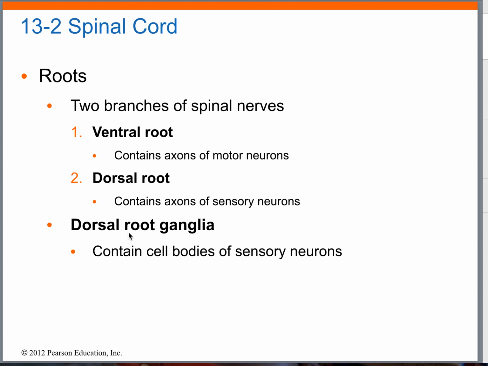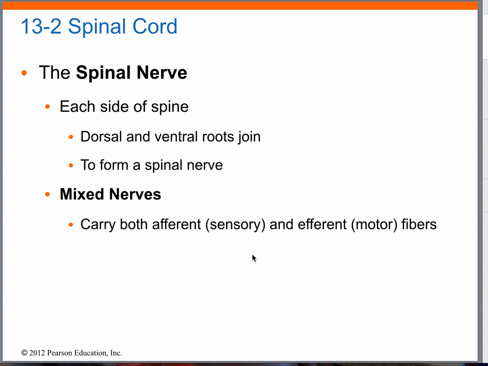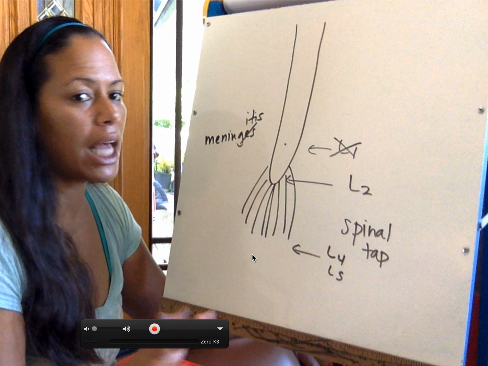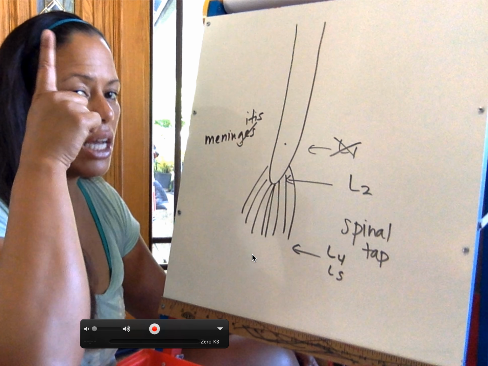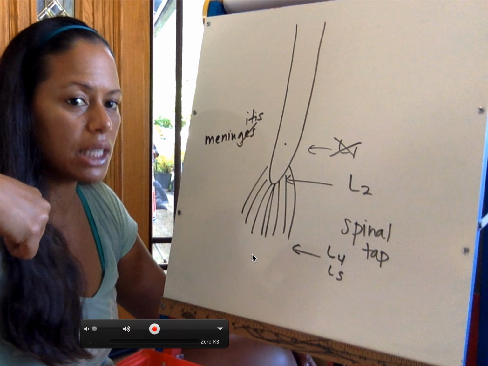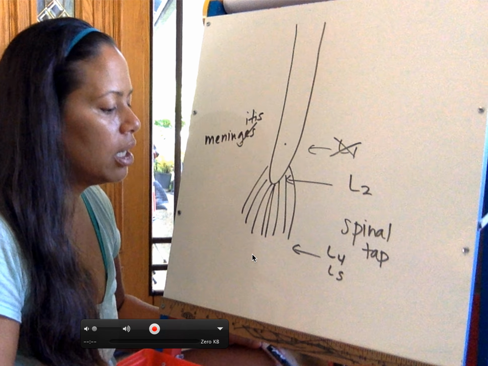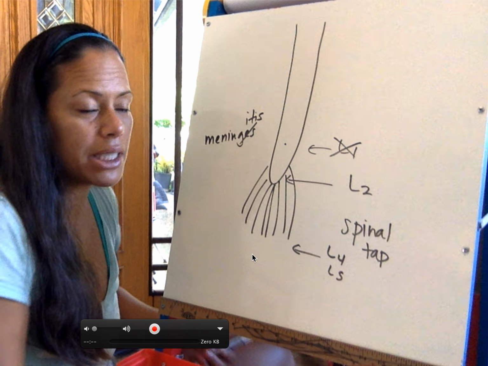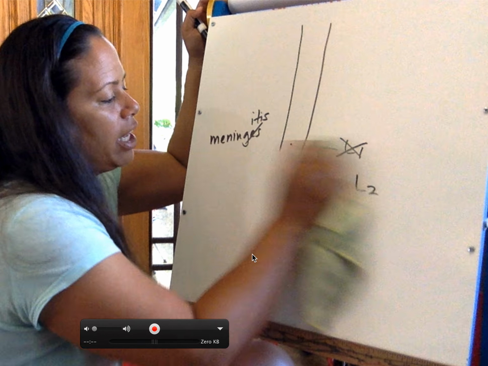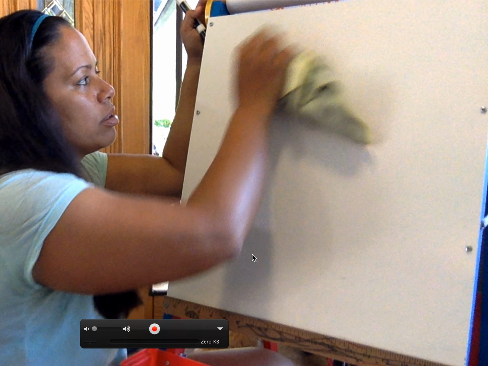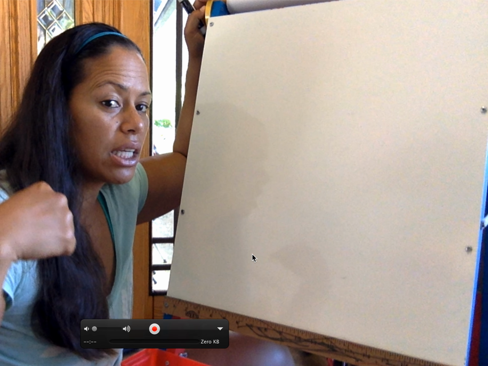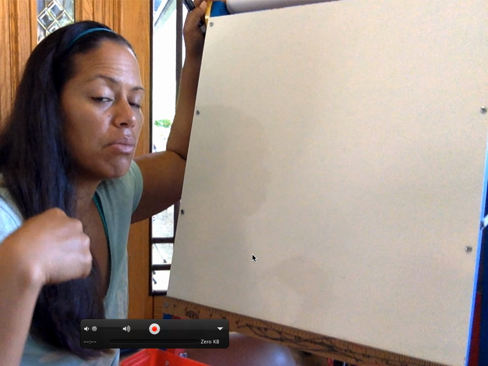And then dorsal root ganglia, a group of cell bodies outside the CNS, so inside the PNS. And they're for sensory or motor? For sensory. So you guys can review that. What I would suggest is, as much as possible, just do SAD, MEV, SAD, MEV, SAD, MEV. Ascending, up, sensory. Descending, down, motor. So we can practice that. Let's just practice it now. So if I have information going up to the brain, is that sensory or motor? It's sensory. So ascending is sensory, descending is motor. Ascending, sensory, descending, motor. So here's how it's going to get